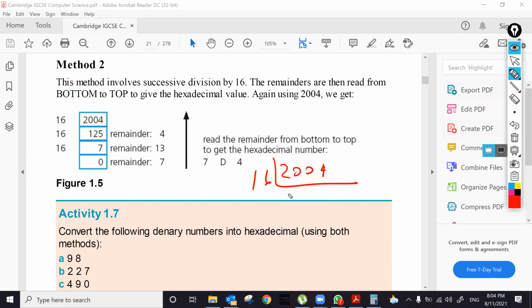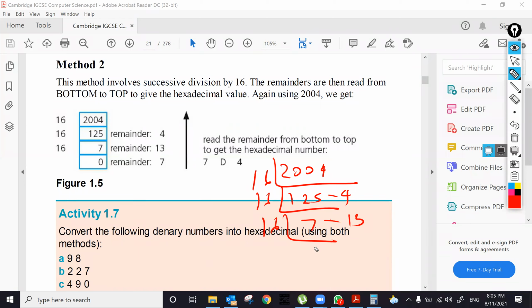We say here remaining you have to do so 16 into 125, right? Maximum, right? Then the remainder is 4. Then for the 125, how many? 16. We have to get that 6, right? And we have to get the remainder. Here it says 13. Here again, no need, right? You can straight away put